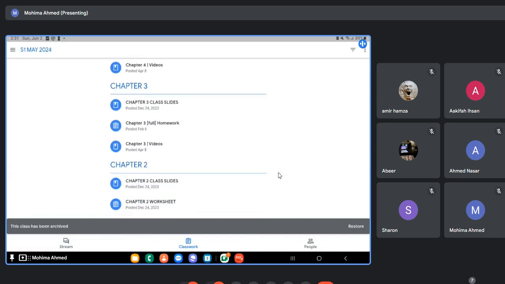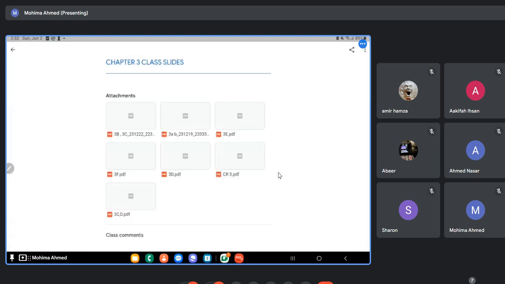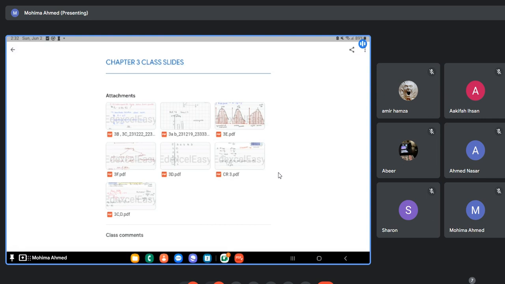Chapter 2, if there's a worksheet, we're going to solve the worksheet, and the recordings for the worksheet will be provided under this. Okay, for example, the video section here indicates that the recordings for chapter 3 will be inside this videos folder. And what is class slides, by the way? Class slide is basically the slide on which I will do the maths. I'll solve the maths, and those solved maths will also be provided to you.